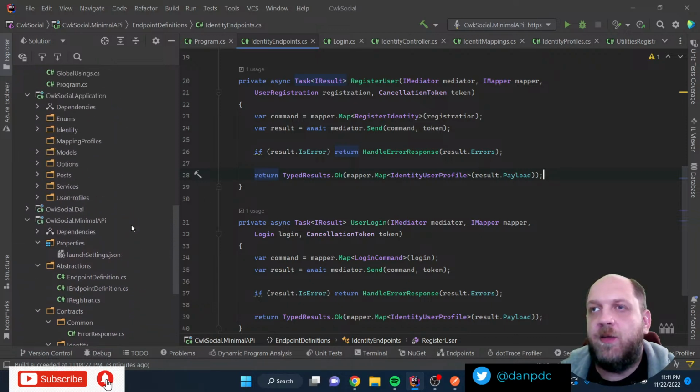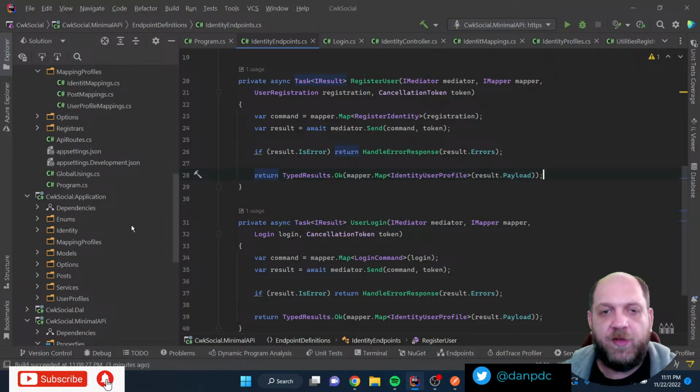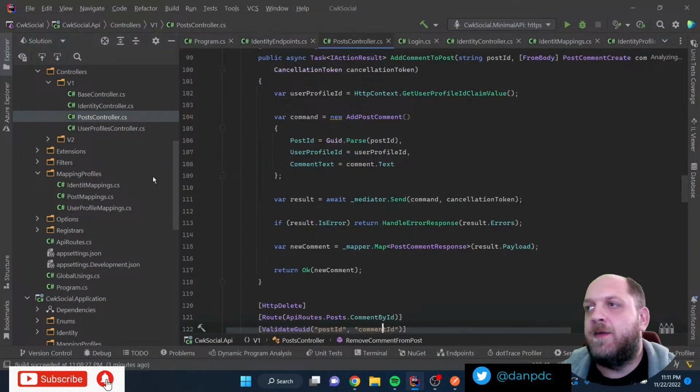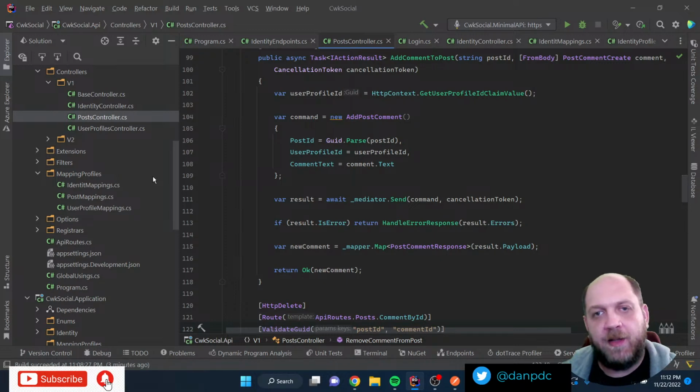So basically, our idea was that we have already worked in other live streams earlier this year on an application that's kind of like a full API, with a structure and architecture that I would probably do for real customers. And we have some functionality already implemented there. And now with the .NET 7 minimal API, that's the API. For instance, we have here a post controller, and the idea is that the .NET 7 minimal API has some more very important features when compared to the .NET 6 version of the minimal API.